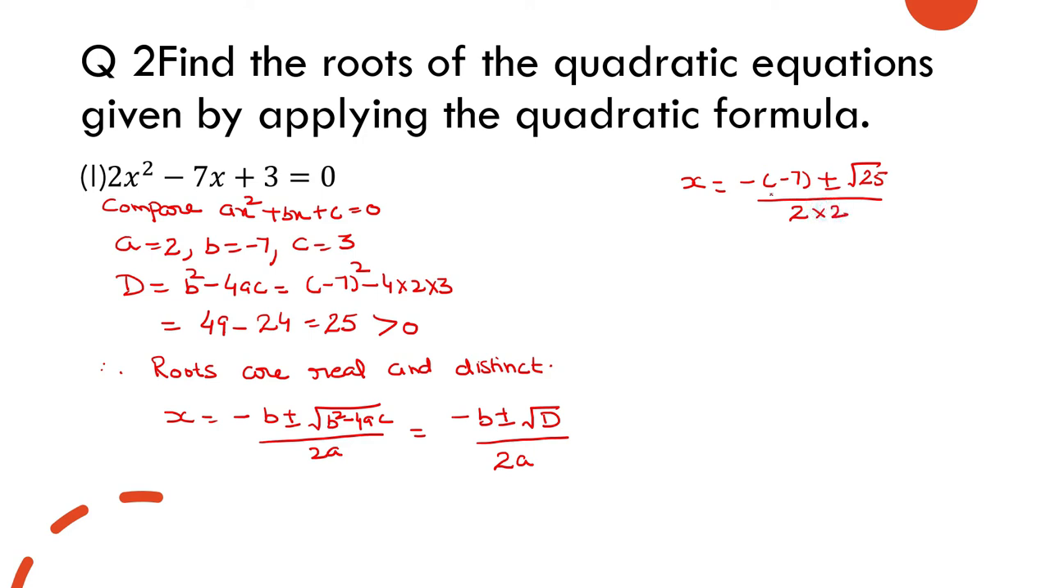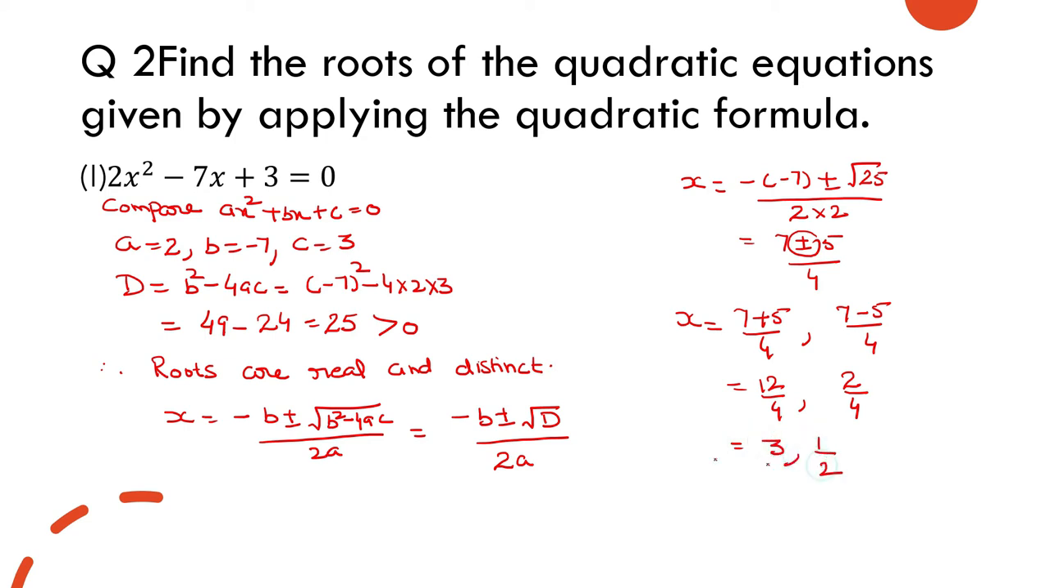2 into 2. बेटा, minus minus plus 7 और 25 का root हो गया 5. 2 2s are 4. So we have two signs, plus and minus. So x will be 7 plus 5 by 4 first root, and second root will be 7 minus 5 by 4. So we get 12 over 4, and here 2 by 4. 12 और 4 की कटिंग हो गई, 3 आ गया, और 2 by 4 की कटिंग करके 1 by 2. So our roots are,